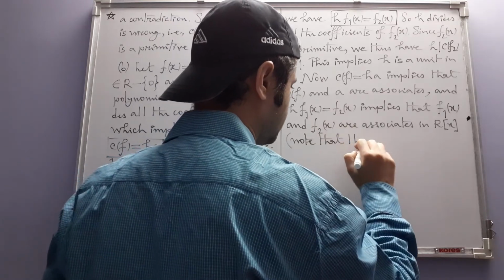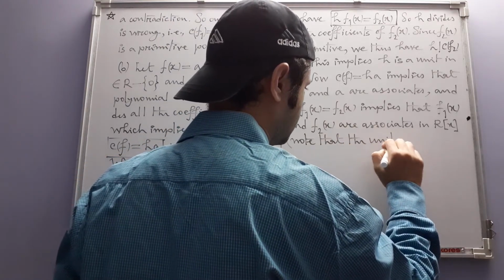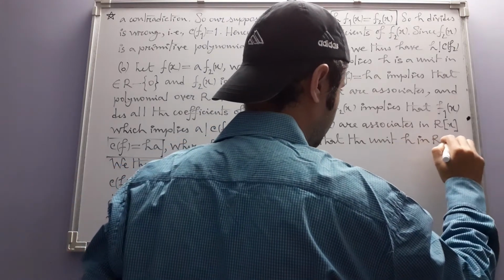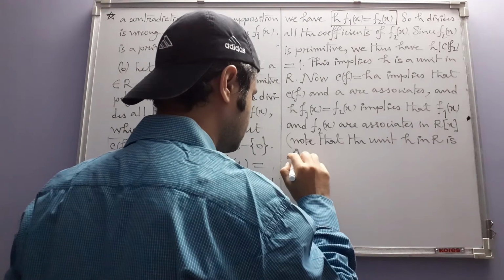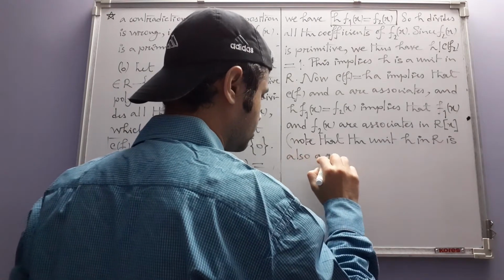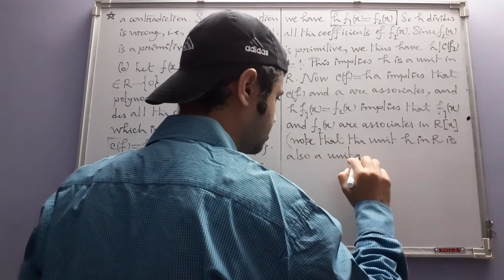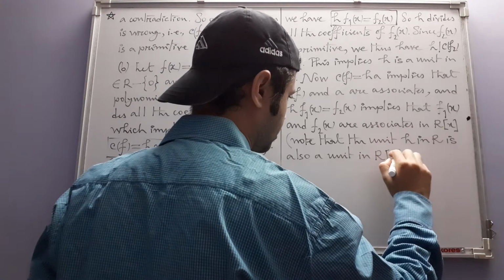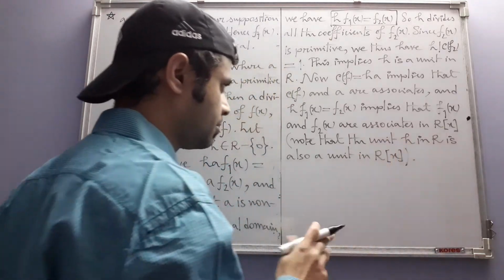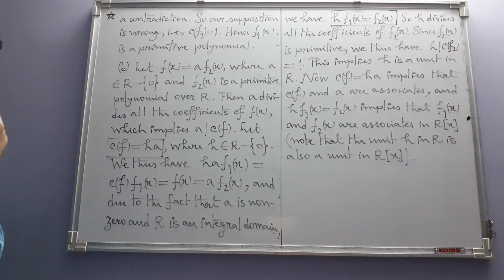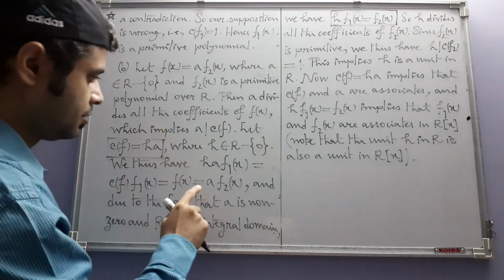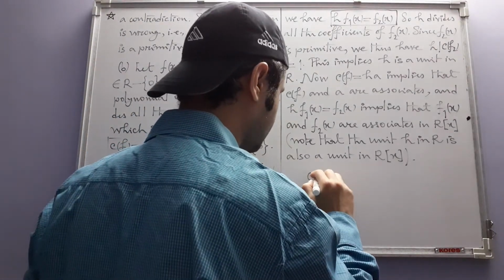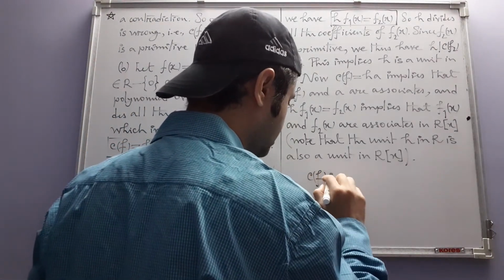Note that the unit h in R is also a unit in R[x]. So that's how we have uniqueness, that the two decompositions of f(x), one as content of f times a primitive polynomial